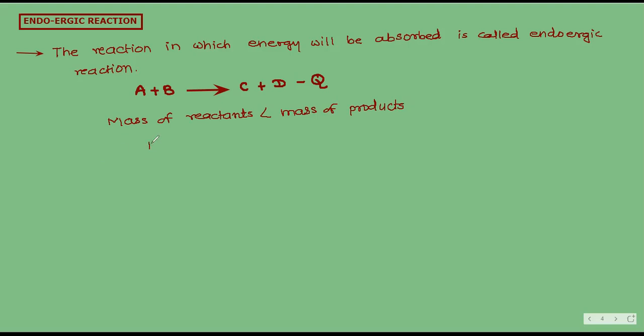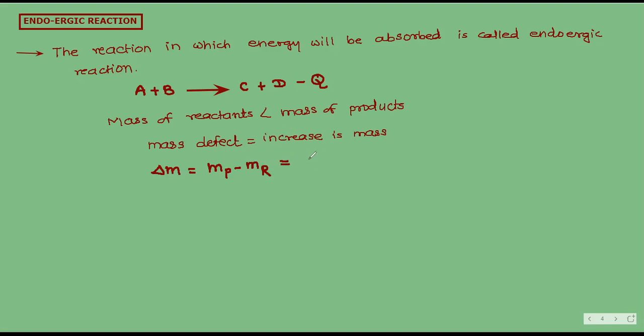And here the mass defect is equal to what? Increase in mass. Okay, increase in mass, not energy, because some energy we have absorbed, so some mass will get increased. And here therefore delta m, that is mass defect, is equal to mass of product minus mass of reactant,